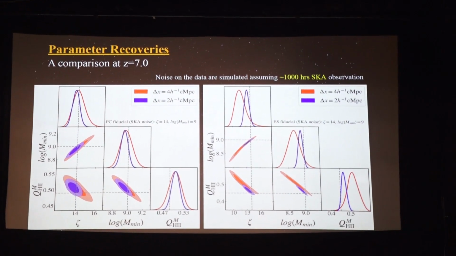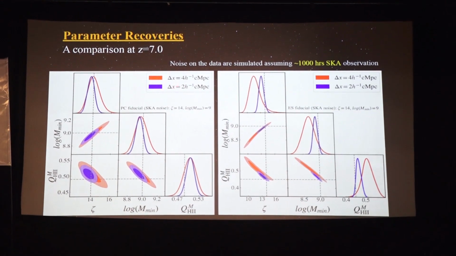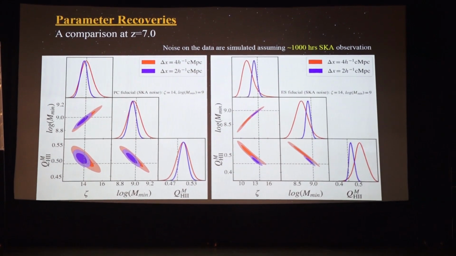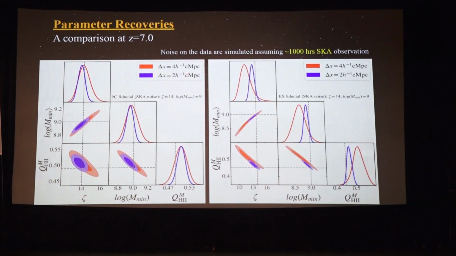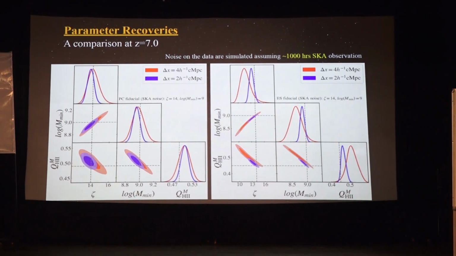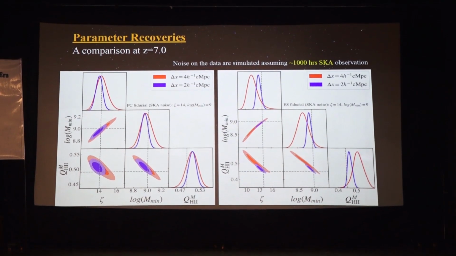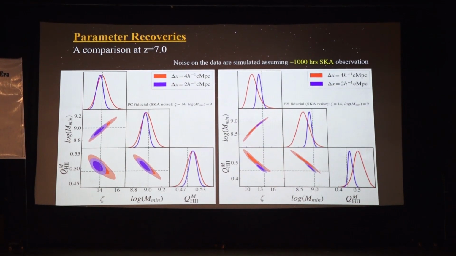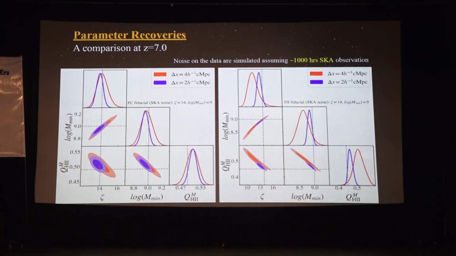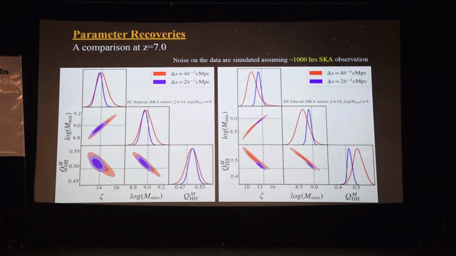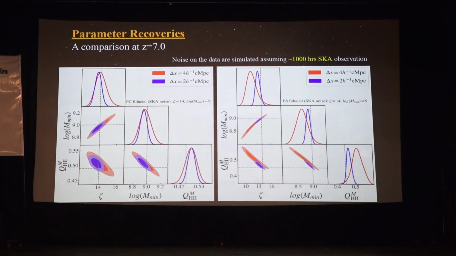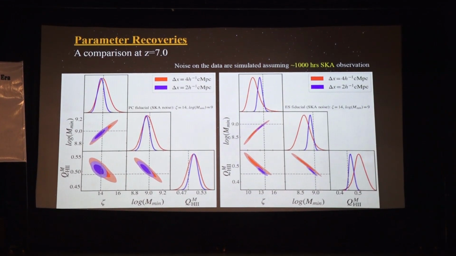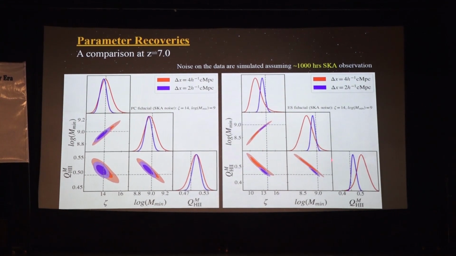So we have generated the data using the highest resolution, that is 2 h inverse per megaparsec, and tried to recover the input parameters for the default high resolution and with a coarser resolution. And we find that the photon conserving case can recover the input parameters quite well. This dashed line is the input which went into the generation of the mock. And if we check the excursion set based case, we see that the coarser resolution one, that is the